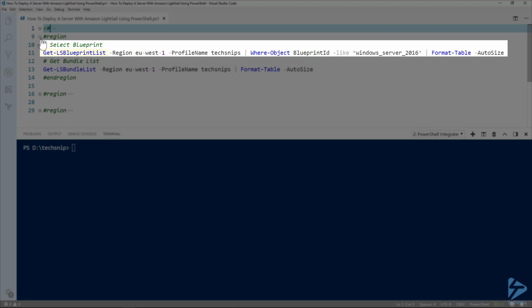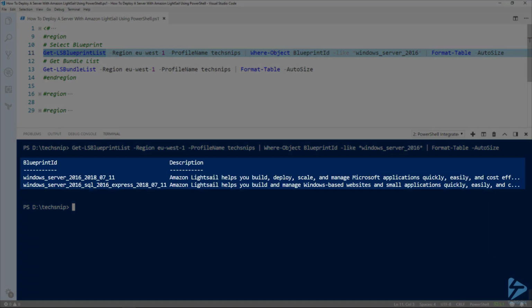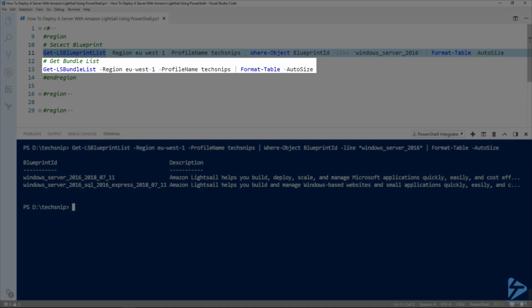So I've piped this command into Where-Object to look for a blueprint ID that looks like Windows Server 2016. So you'll see by running that command that we've got two images or blueprints that we can use. So we've got Windows Server 2016 and we've also got one with SQL Express. So I'm going to use the first one, and the next thing we need to do is then choose our